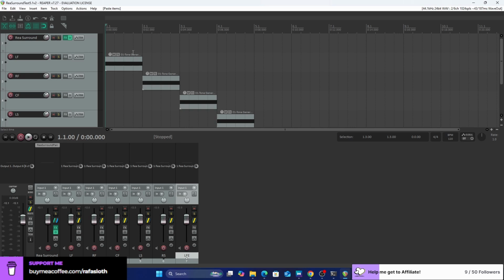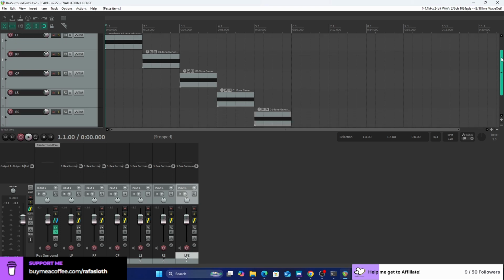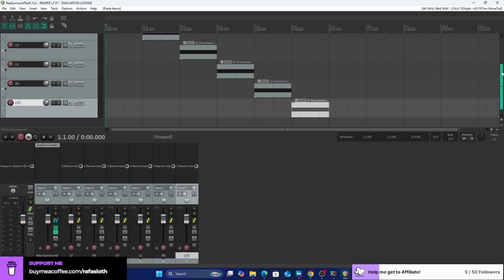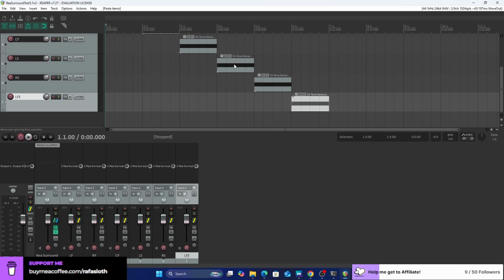I heard the tone starting on the left, then it goes to the right, always in the front, then to the center front, and then I heard it in the back left, and then in the back right, and then this supposed woofer.